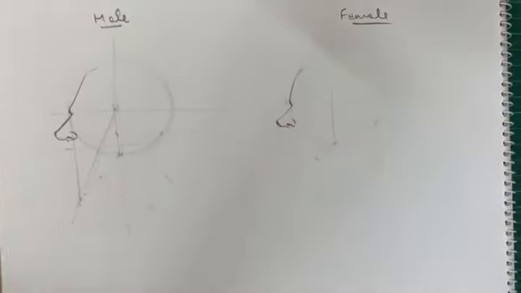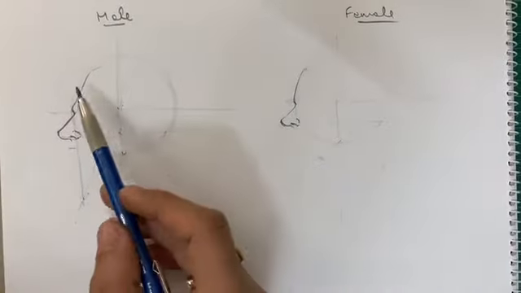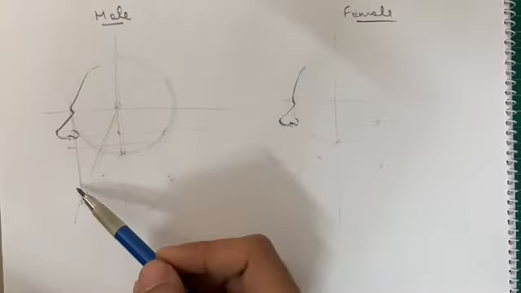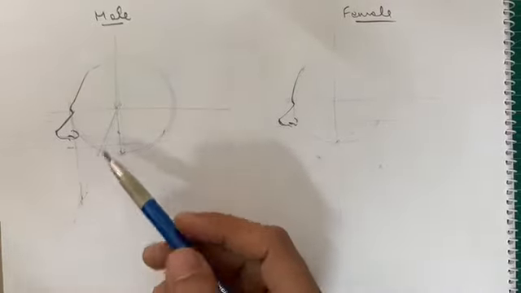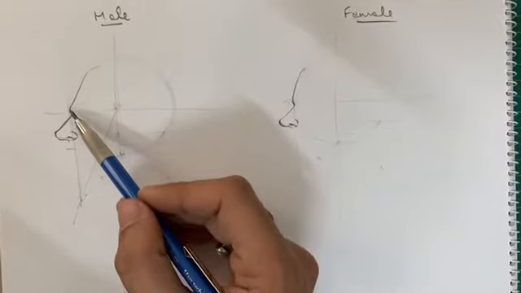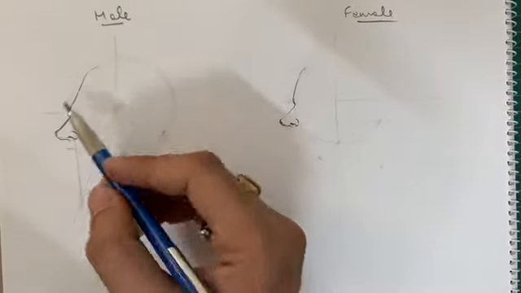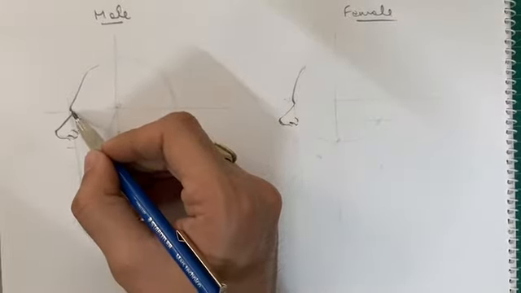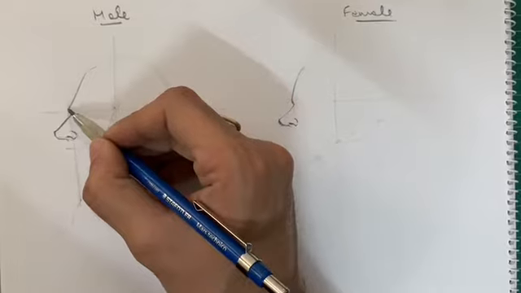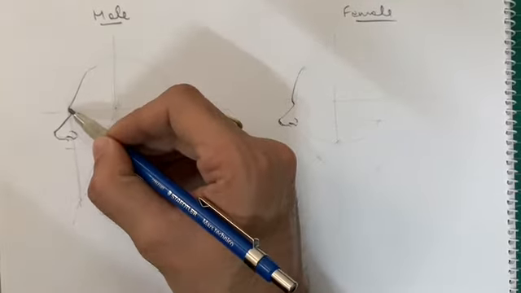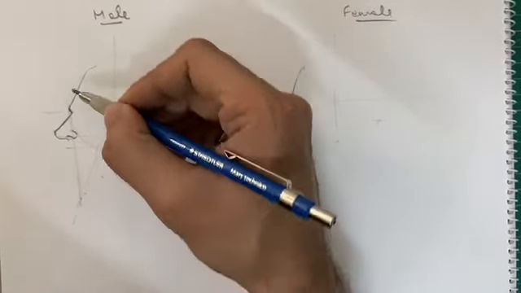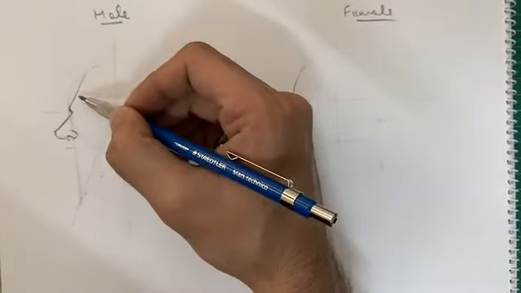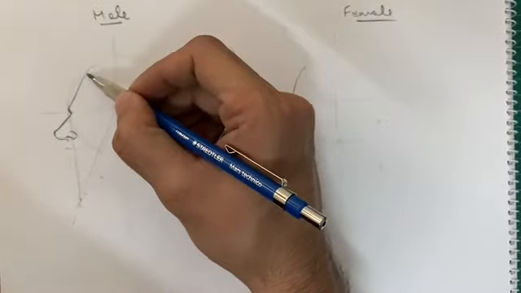Whenever we are drawing side face, there are two major differences in male and female faces. First is in the forehead and second is in the chin, which will come later. So for male figure, after you draw a nose, there is a deep curve and then there is a slight curve in a forehead, and forehead is also slant. It's not going from the circle line, it's under the circle line. So this is slant with a slight curve.